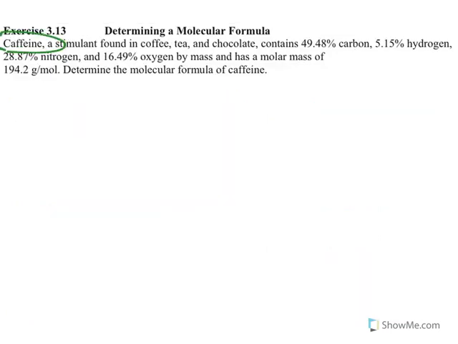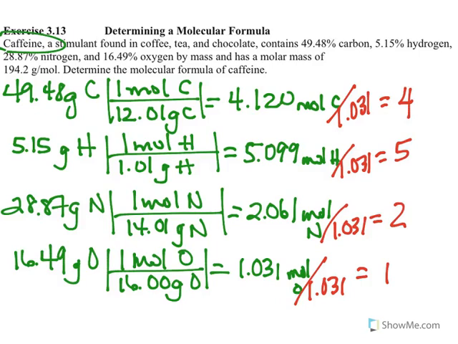Take a look at this one. We're going to determine the formula of caffeine. Let's try this one on your own. Again, pause and then check your answer. Okay, so you should have hopefully again found the same answers, the same ratio that I did. So our empirical formula, again that lowest ratio formula, is